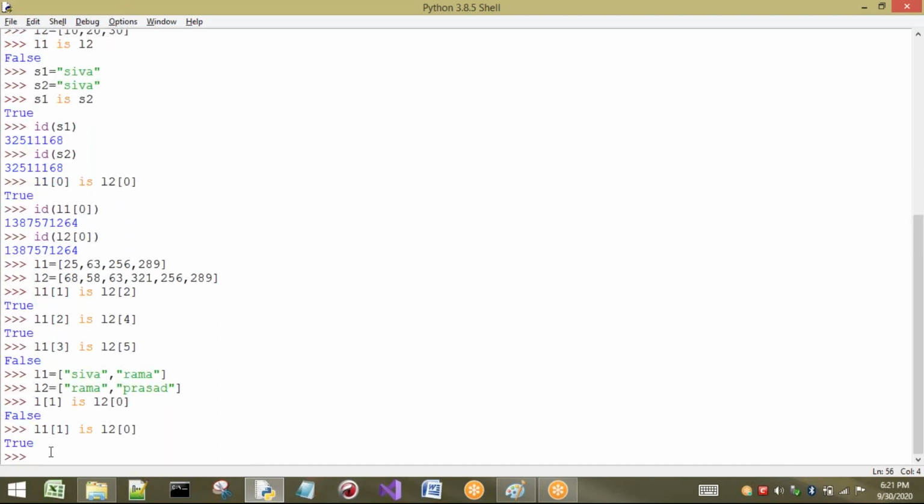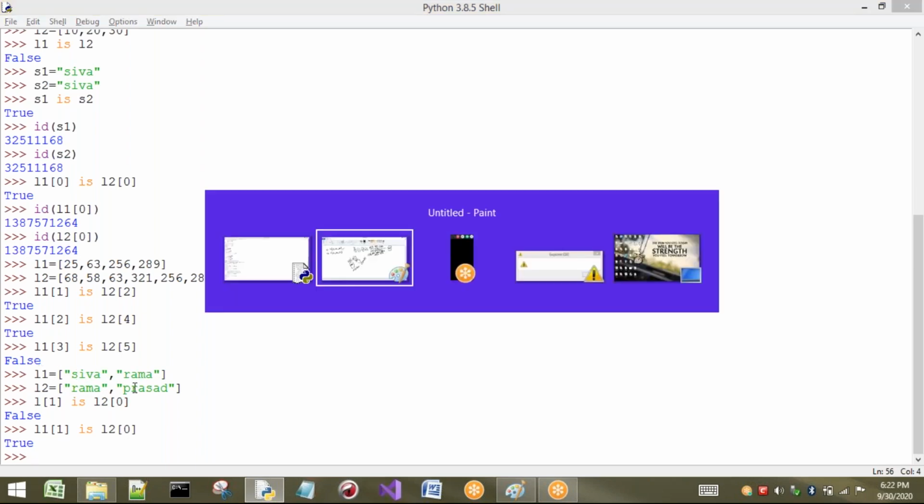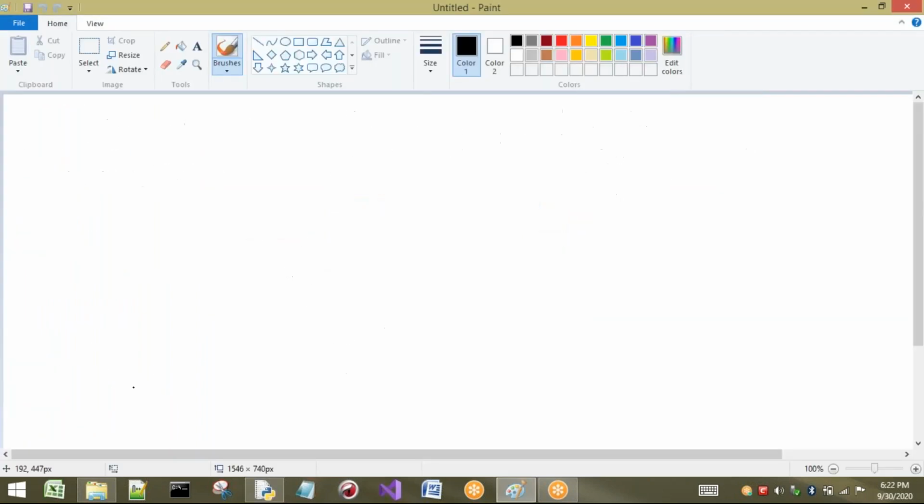Now you can observe the answer as true. Reason is here Rama is there, here Rama is there. It is a string. So if the same string occurs, then what? Whenever we create this list, internally two objects are going to be created. One is with Shiva and another one is with Rama.